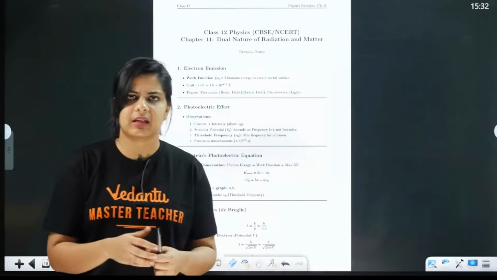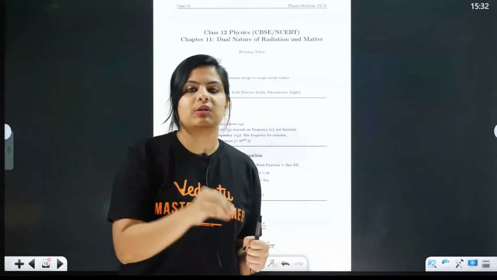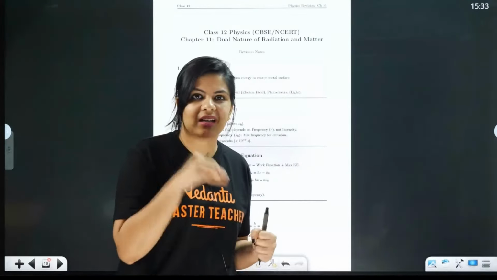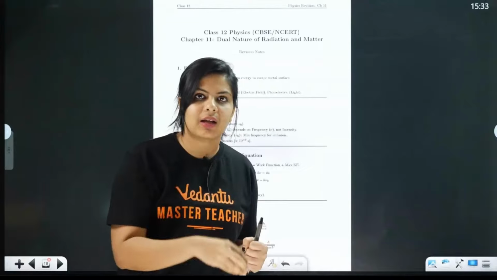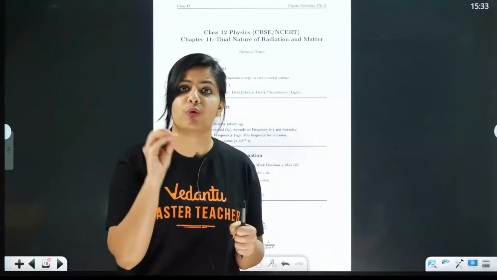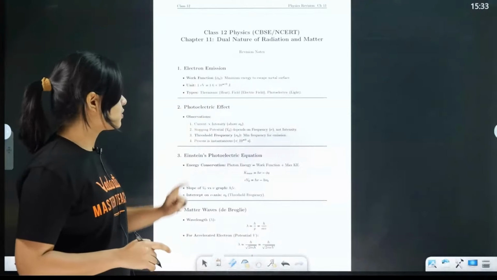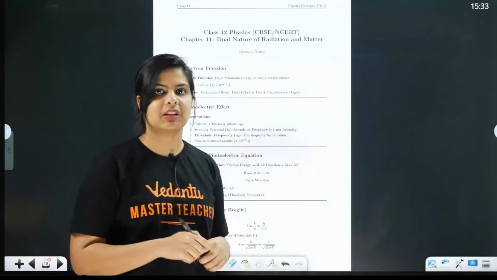What is the photoelectric effect? Light with suitable frequency falls on a metal surface. Due to getting that energy from the light, the electrons will start emitting, or let's say escape, from the metal surface, and the process is the photoelectric effect. Okay, next, in the photoelectric effect experiment we have observed a few things.